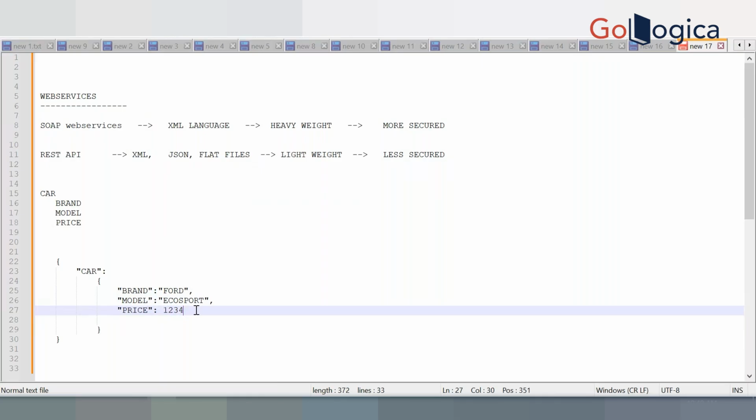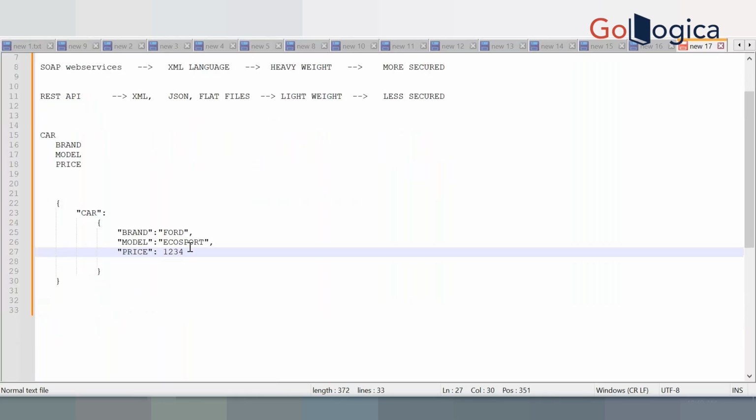And the last element also needs no comma. Like this. Fine, right? There is nothing to mention at the top like JSON and all that. No, nothing. This is a simple JSON, and even complex JSON works the same way.